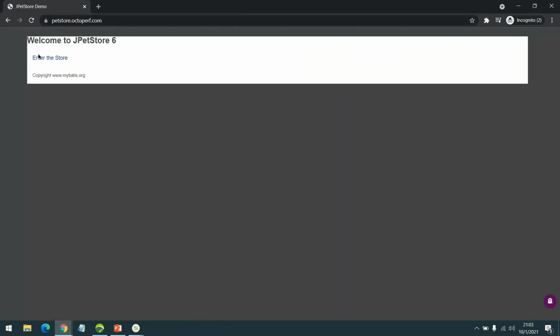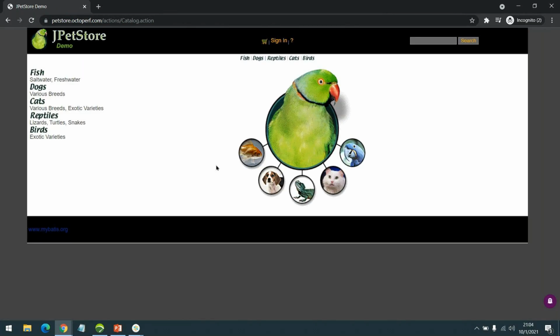So this is a demo application, which is an e-commerce application where they sell pets. As we discussed, from the retail or e-commerce side, 98 percent of the traffic that any e-commerce site gets is usually unauthenticated workflow.